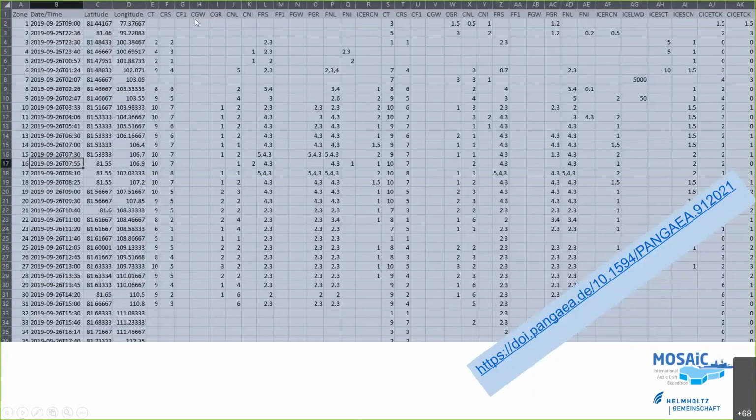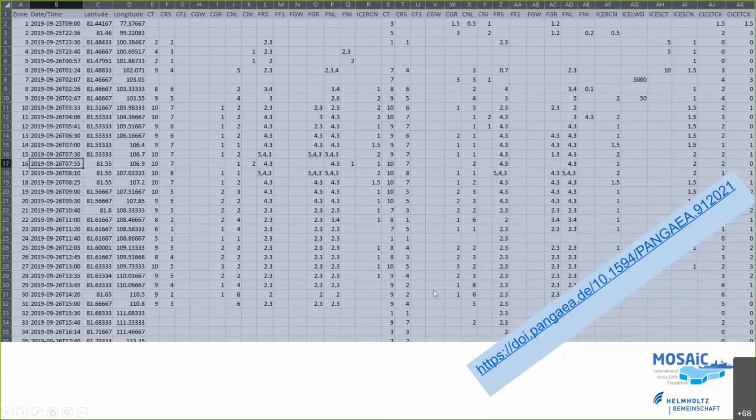And then we have a long list of parameters that have been, in this case, visually recorded from the ship by various scientists. And so these parameter names must appear in the header. So ideally, there should be full parameter names.